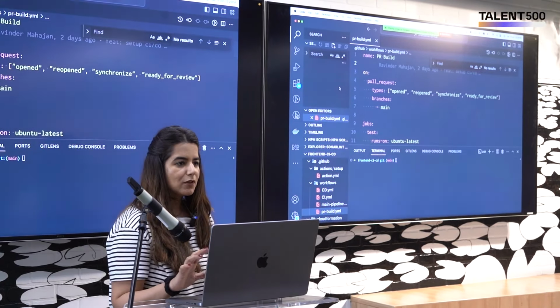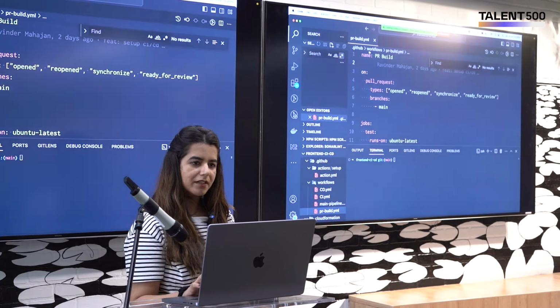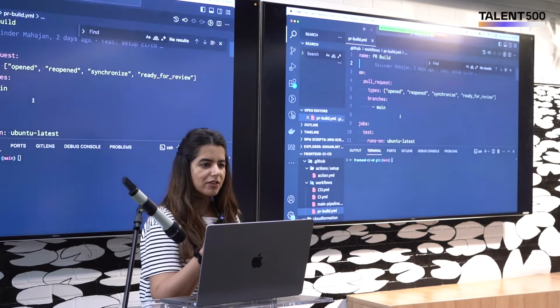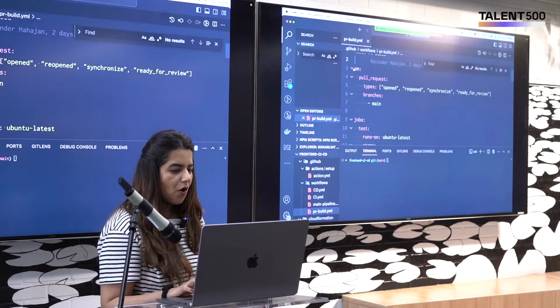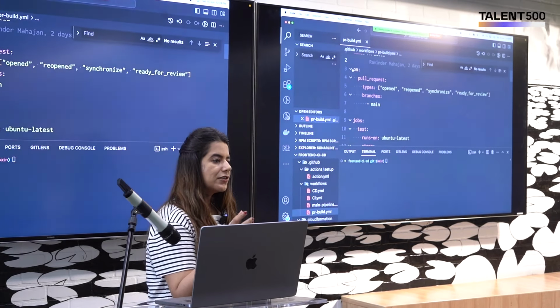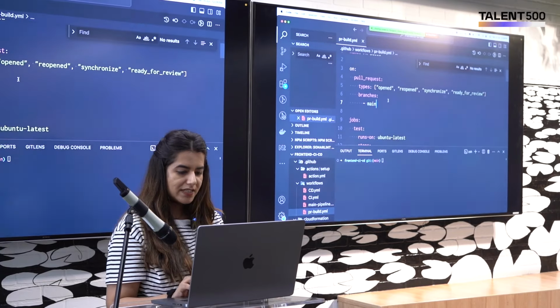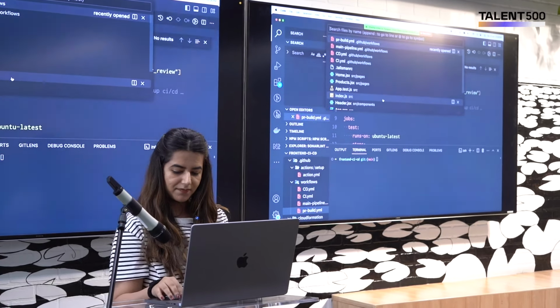So my first workflow would be for the pull request that I would raise. For that I have created a prbuild.yaml. A YAML file represents the entire pipeline structure that you would want to run. So this on, when I talked about the trigger, a trigger can be pushing the code or taking a pull request. All of these define when you want to run the pipeline exactly for the first time.